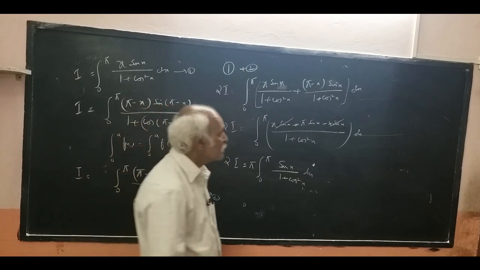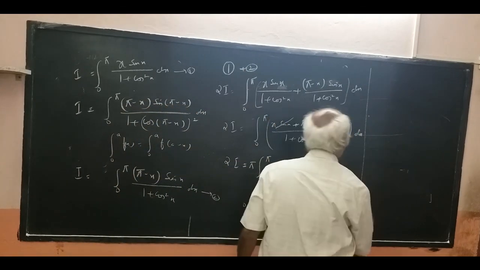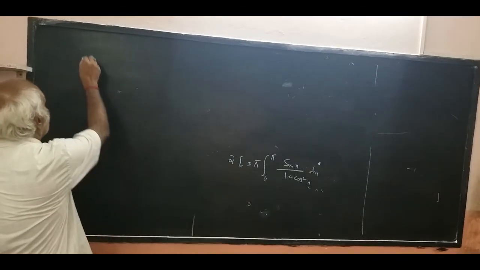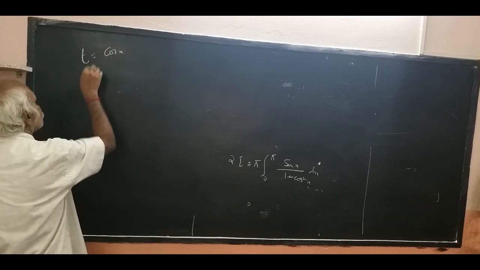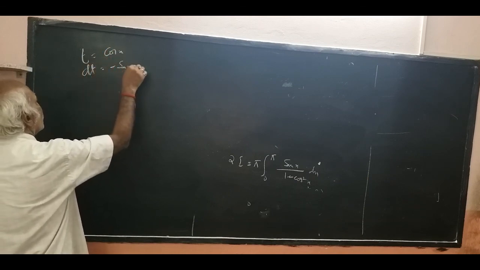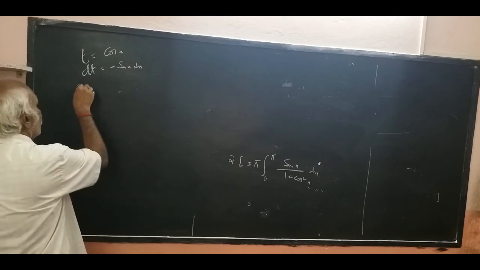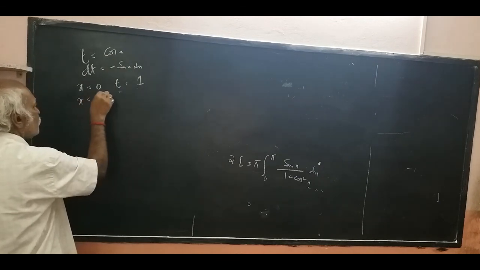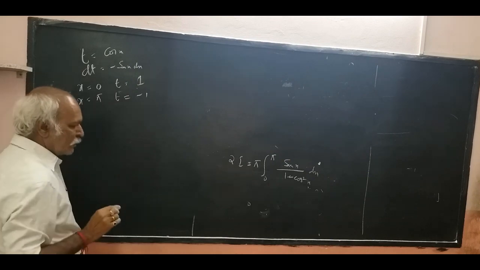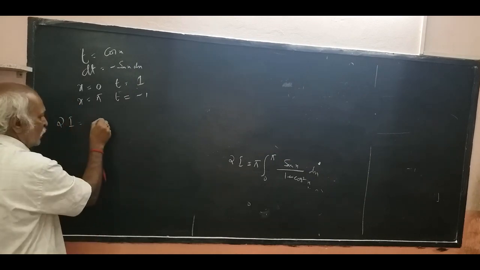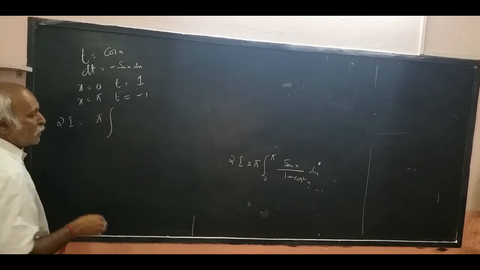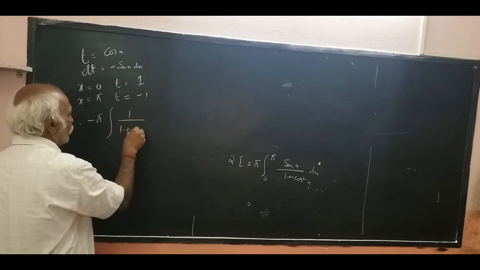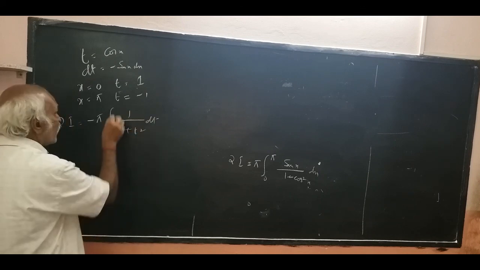Okay. Now look at here. So what I have done? I have replaced with pi minus x, then this one we have done. Copy up to here. Let t is equal to cos x. What is dt? Minus sin x dx. Next, x is equal to 0, t is equal to 1 because cos 0 is 1. x is equal to pi, cos pi is minus 1. So we have changed the limits. So 2i is equal to pi into sin x dx is minus dt, so minus 1 by 1 plus t square dt. What are the limits? Minus 1 to plus 1.